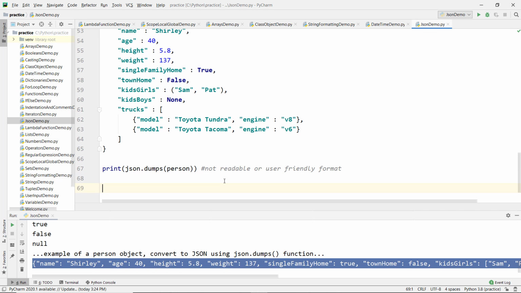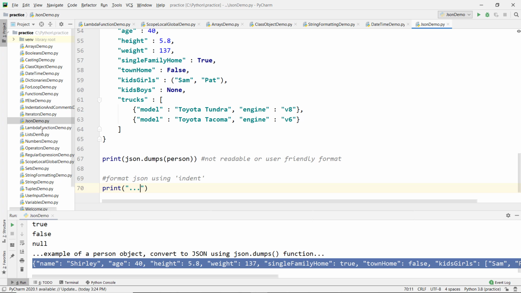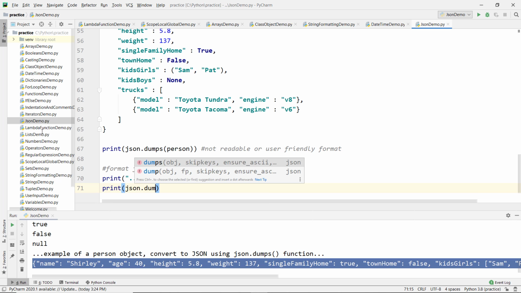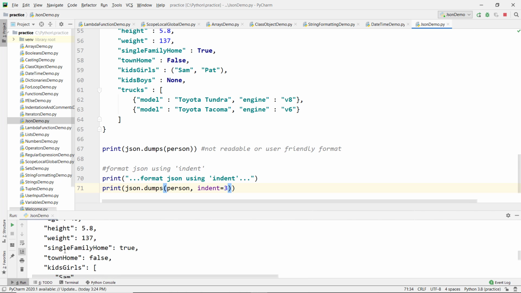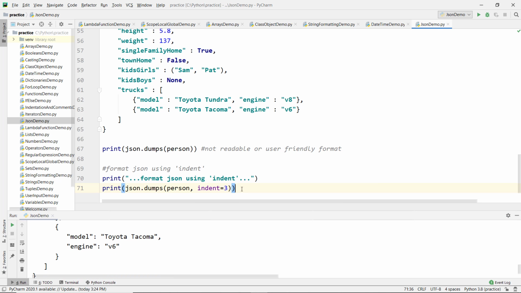Now let's convert it into a more readable format by using the indent. Let's add the indentation, that is space at the beginning. So use json.dumps and pass the person object, and let's add 3 spaces at the beginning and try to print it. Now you can see 3 spaces are added at the beginning and each value is printed in a more readable format.